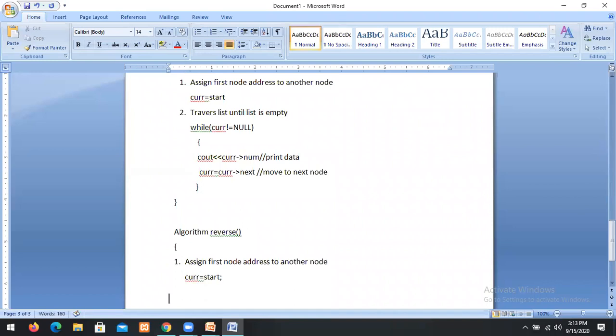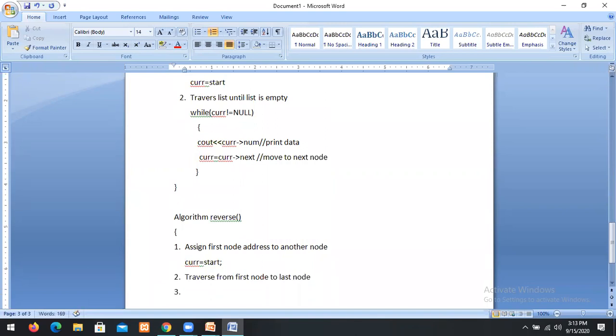Then traverse from first node to last node. So you have to traverse from first node to last node. How can you traverse?